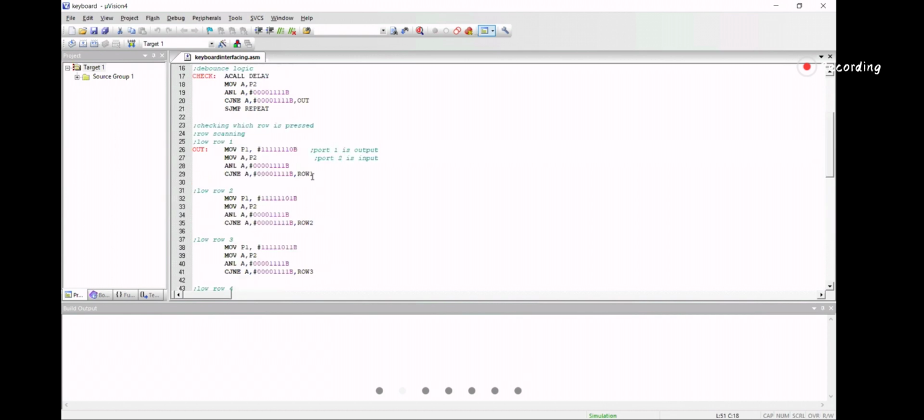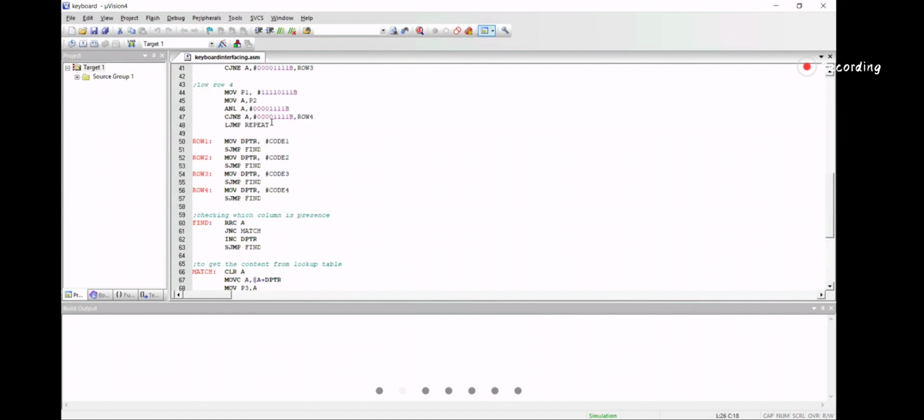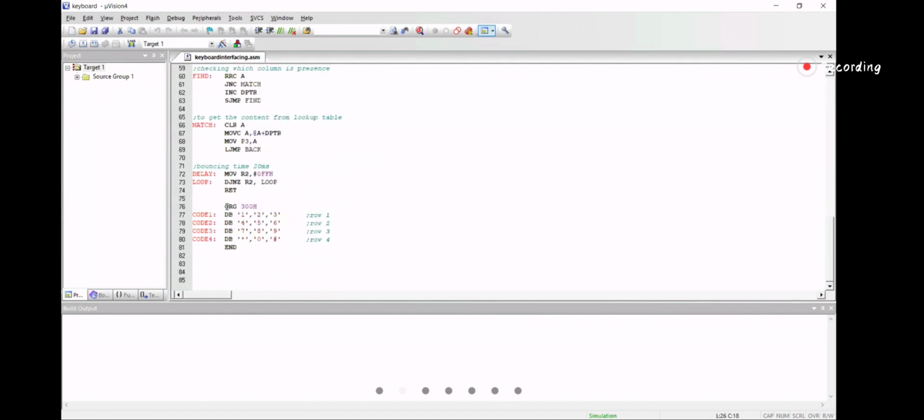If row 1 is pressed, that means this has something to do with the first row, that means this one, 1 2 3. Now remember, if code 1 is pressed, we come to code 1.